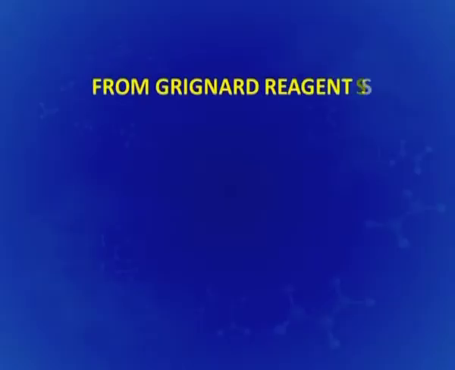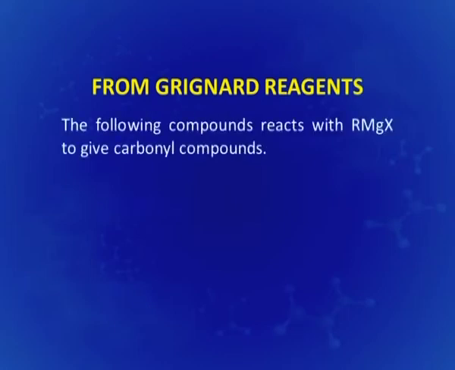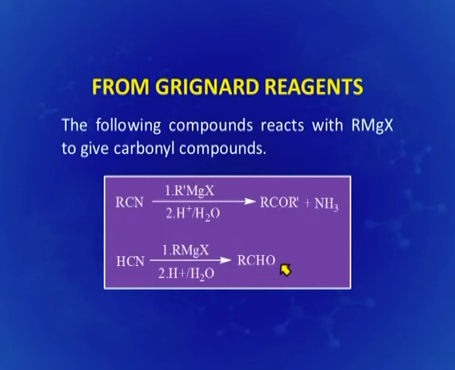And the next synthesis process is from Grignard reagent. These are some important compounds which react with Grignard reagent to give carbonyl compounds. The first one is the alkyl cyanide, and if we use the alkyl cyanide, you will get a ketone as the product. If we use hydrogen cyanide, it interacts with the Grignard reagent followed by acid